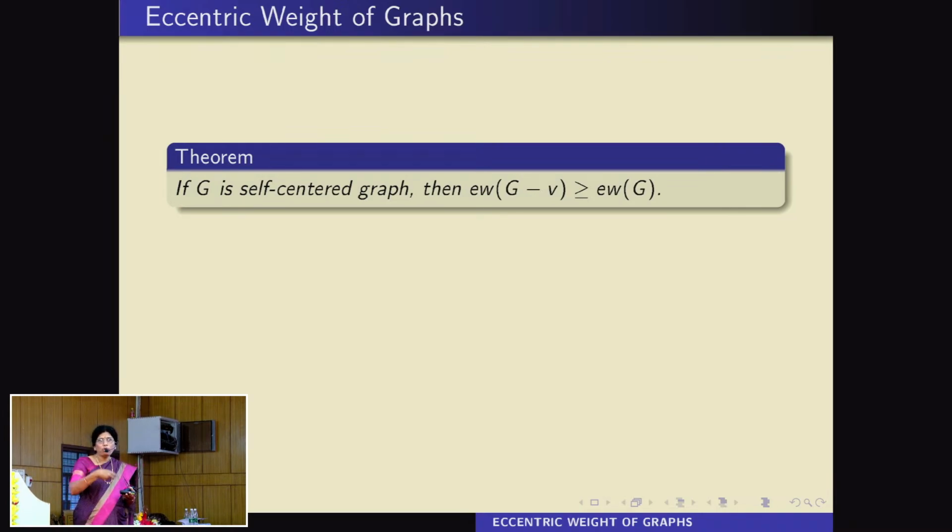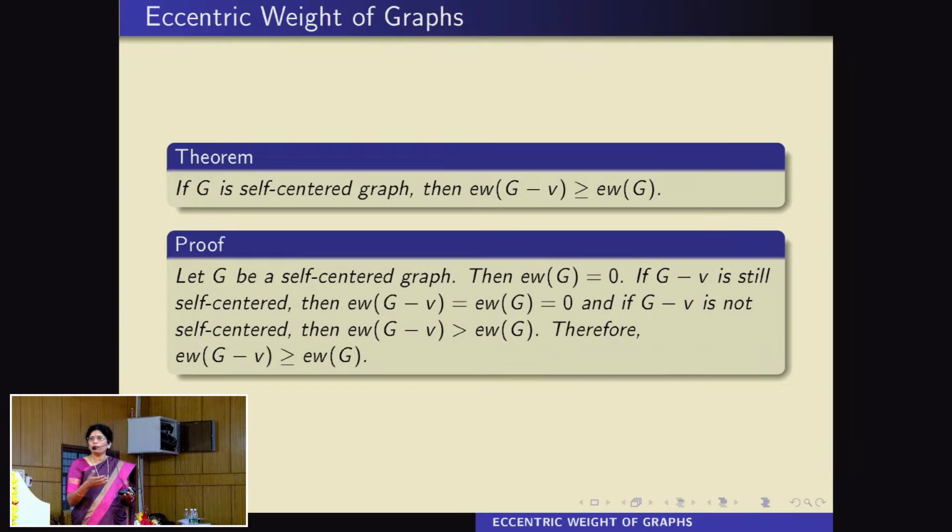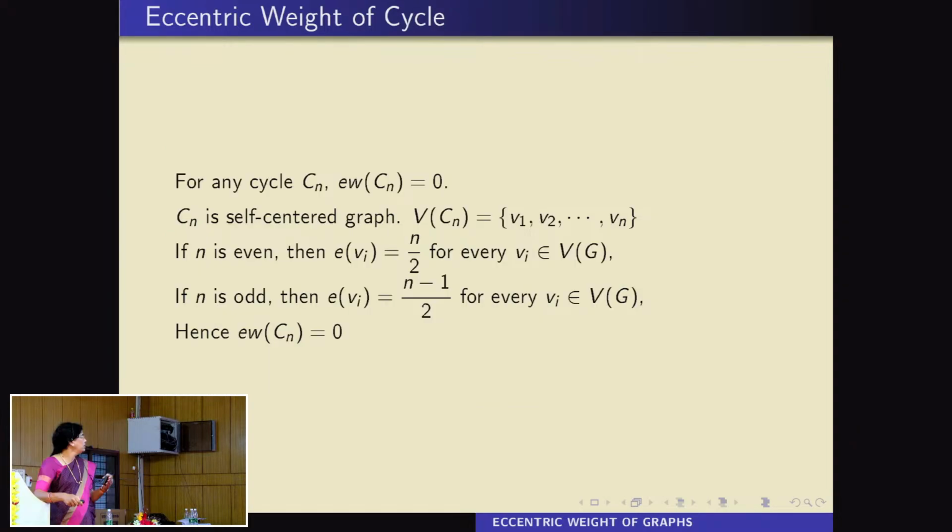When I remove a vertex from that graph, any vertex from that graph, the possibility is that the remaining graph is again a self-centered graph, in which case the eccentric weight will be equal to 0 once again, or the resulting graph may not be a self-centered graph, in which case the eccentric weight will not be equal to 0, and it is not. So vertex at V1, V2, Vn, and